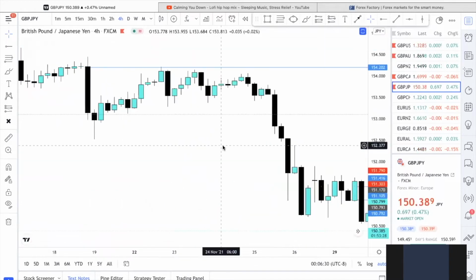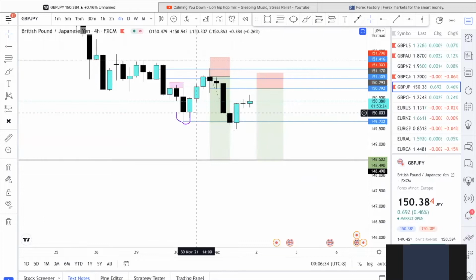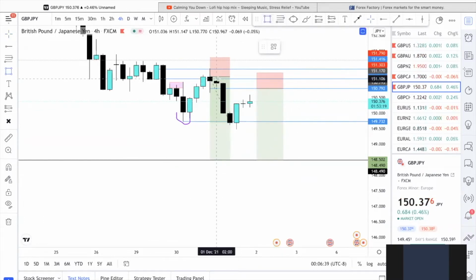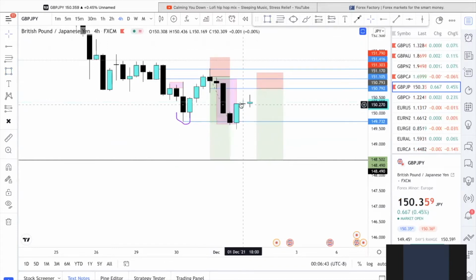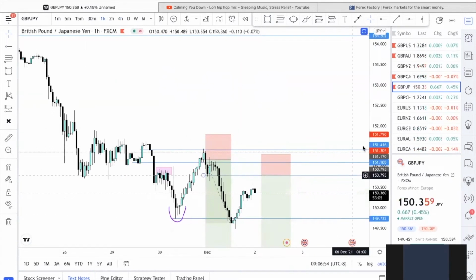So here on the 4 hour time frame, market came and cleared out the old low that I had mentioned, creating a new imbalance area. We have new imbalance, bearish momentum to now retrace back into that imbalance that we could see on the lower time frame as well. So we see on the 1 hour here, what we call